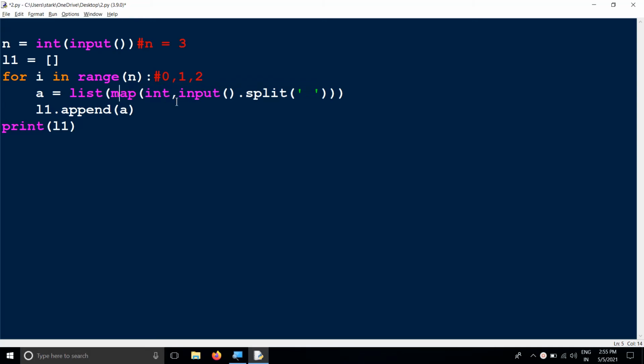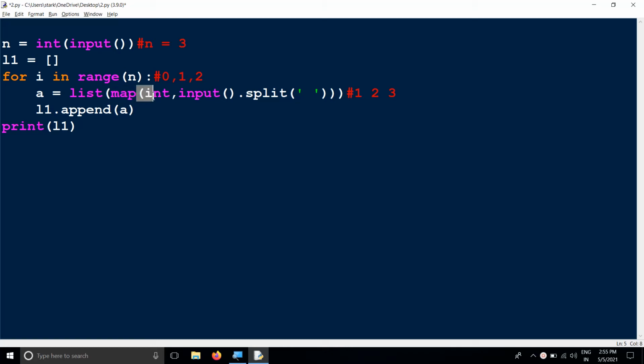So now we are going to take the first input like this, 1 comma 2 comma 3. This is a nested list, so we have to insert it into the list. For that purpose I am taking input in the format of 1 space 2 space 3. So list of map of int: here this is the integer object and this is the list object. For mapping these two we are using the map keyword, and using this map we are connecting the relation between list and int object.